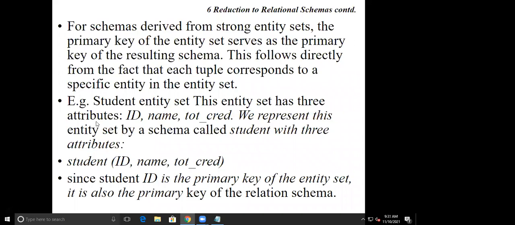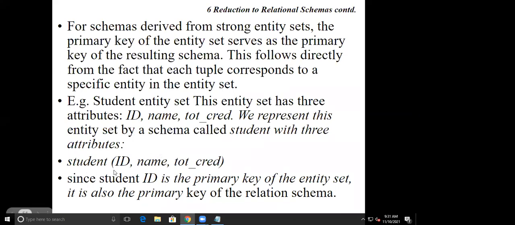The entity name is student, so the relation name will also be student. Right now in this example I am considering name as a simple attribute. We are not considering this as a composite attribute for the time being.